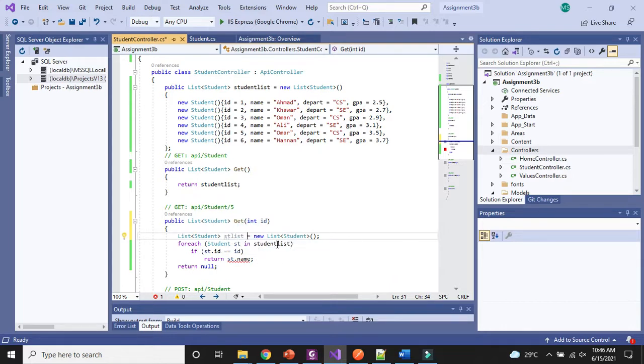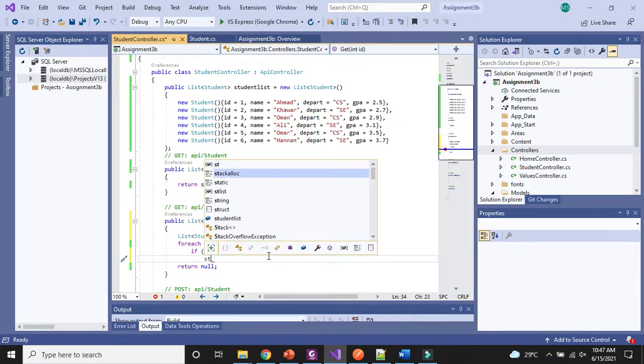Okay, the next thing is the for each loop, which is working very well. Now we will write the condition when the id is equal to or more than. For equal to, I also put a condition, and for equal or more than, I put this sign. Now this if condition will be true if the id of the student is equal to or more than the provided id. When the condition is true, we don't need to return the student name or only the object of the student. What we need to do is add the student in the list.